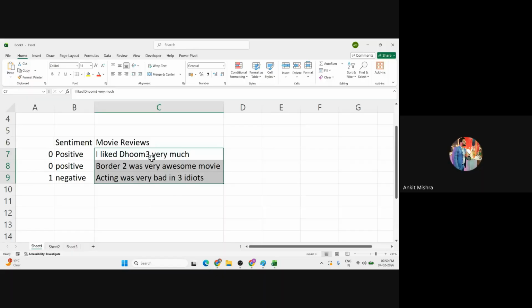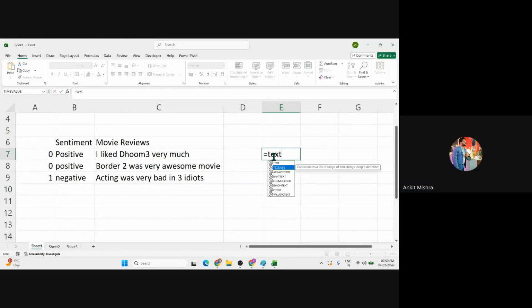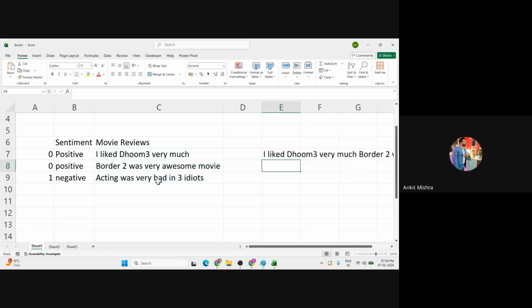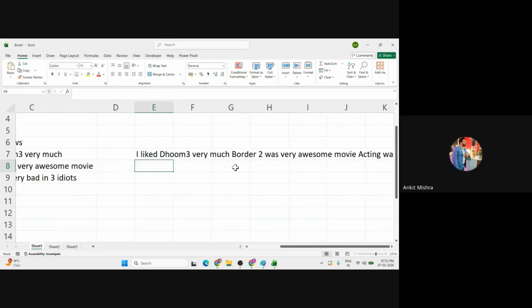So guys, for that you have to understand one thing. And see, you don't generally need to do this manually. We have a technique for that, right? Let's understand inside Excel first of all. First, you will do one thing: you will combine all the reviews. Let me use the function TEXTJOIN, and I'll combine all my text like this. And now I'll get the proper corpus like this.